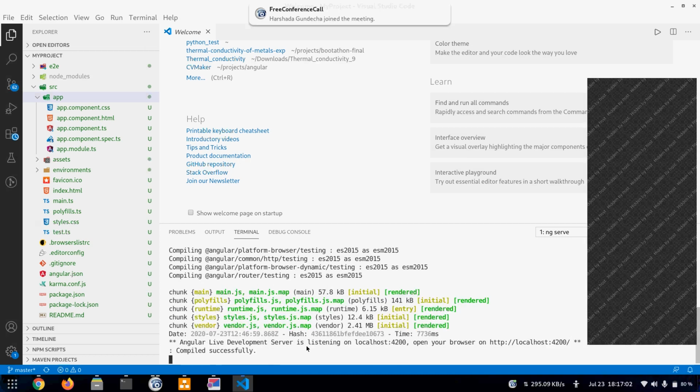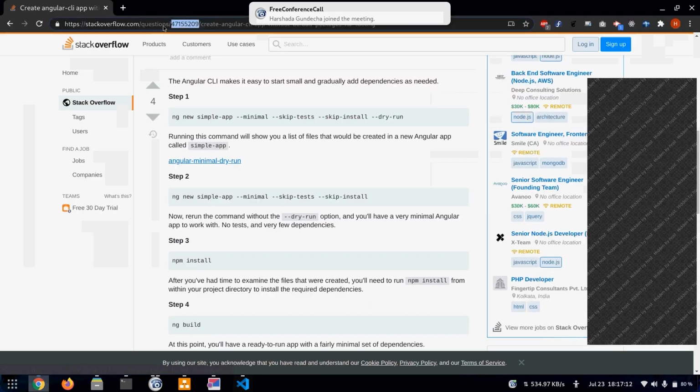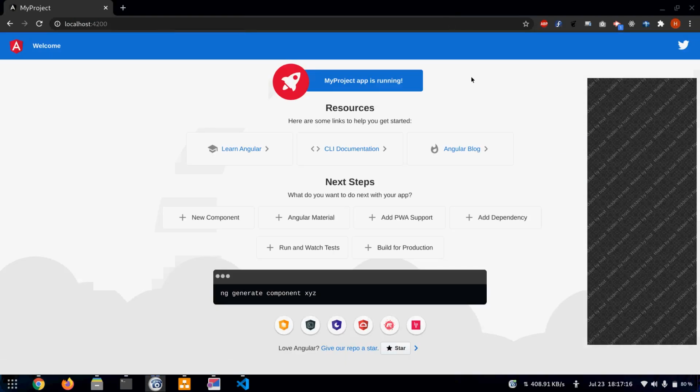So now it has successfully compiled and it can be accessed on localhost 4200. So let's open that URL. This is the Angular page that we get initially when we make an Angular project. That's the default page. So if anyone runs and gets this page, then tell me.